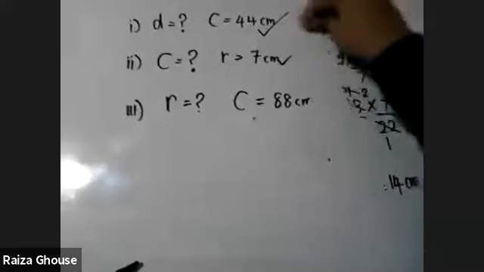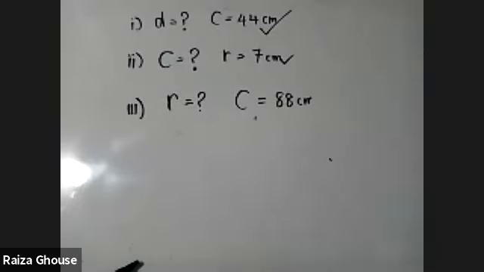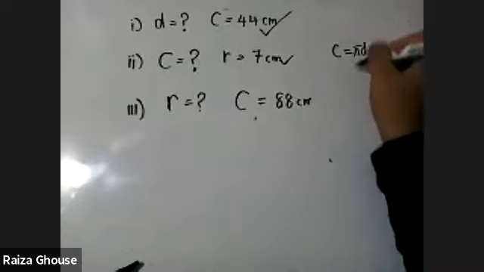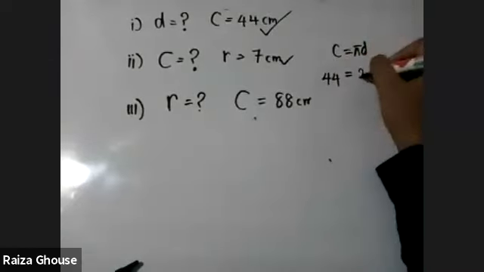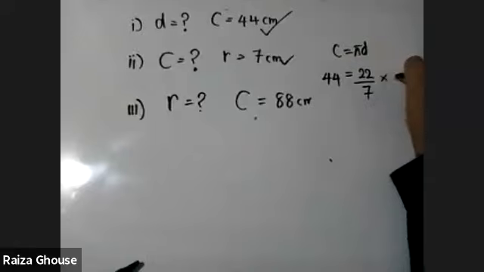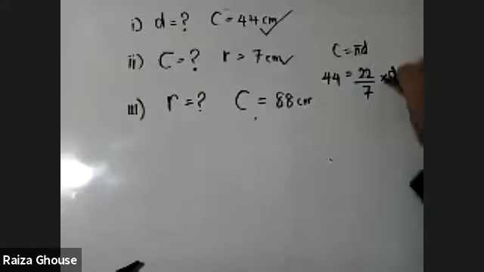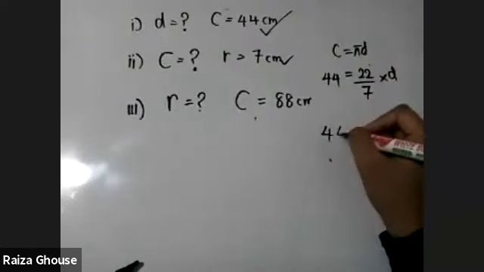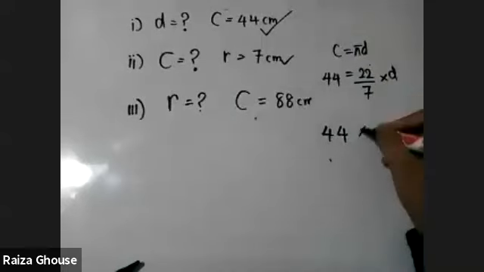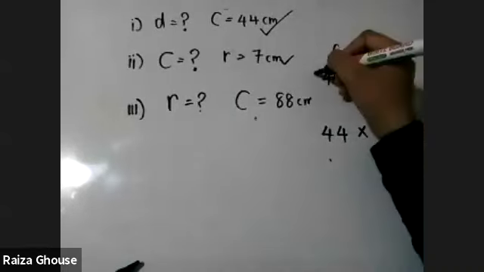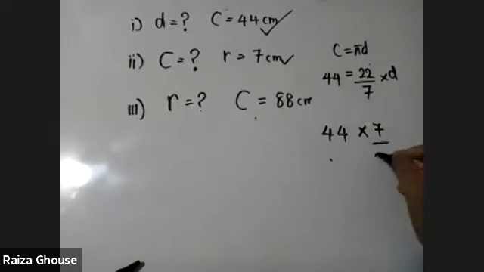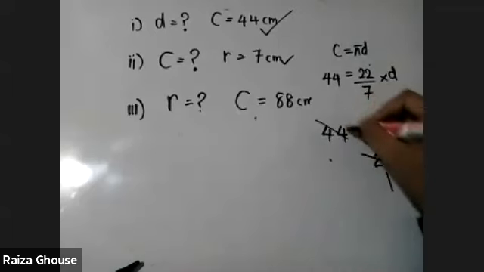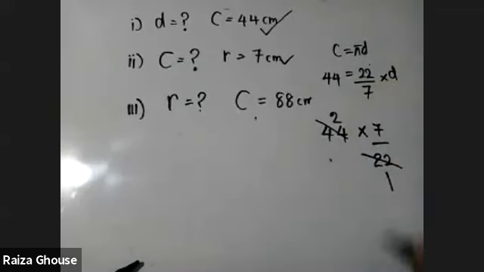Okay, right. First one is equation C equal pi d. C equal pi d. Okay. C is given 44. Pi is a fraction. Diameter we don't know. You can take this fraction to this side. When you are taking that fraction to this side, it becomes the other way because 7 comes up and 22 comes down. Okay. Now you can cancel 22 times 1 and 22 times 2, right? Now 2 times 7 is diameter, that is 14 centimeter. Is it clear?